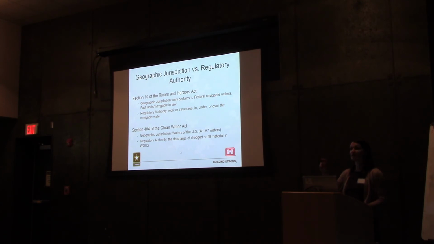So that's the geographic jurisdiction under the Rivers and Harbors Act. Now the regulatory jurisdiction, we sort of said, is all work or structures in, over, under, or affecting that navigable water. So the Mississippi River, you want to directionally bore under it, you need a permit. You want to put something over it, a good example was the Super Bowl. There's a zip line that someone put over it for people who wanted to zip line across the Mississippi River